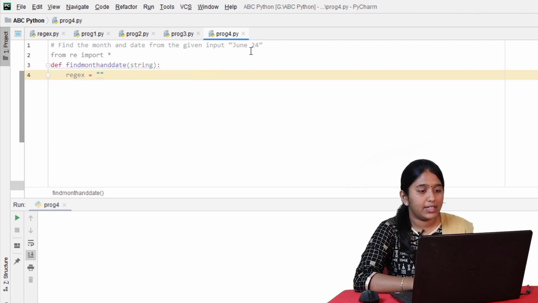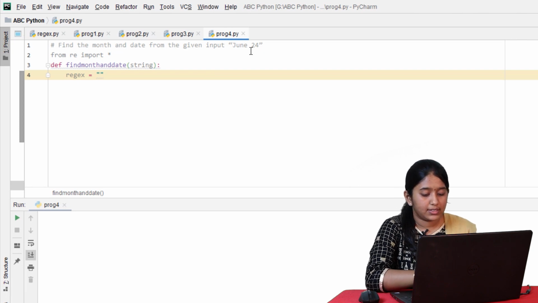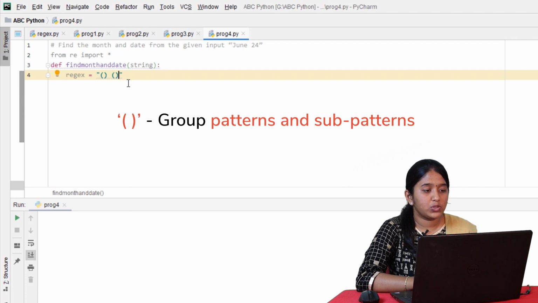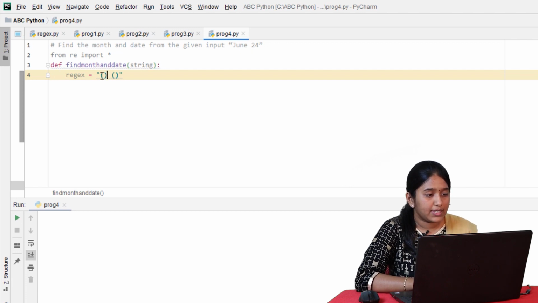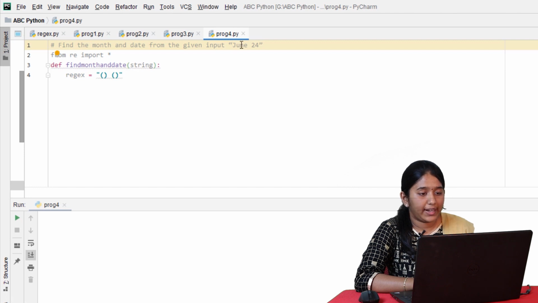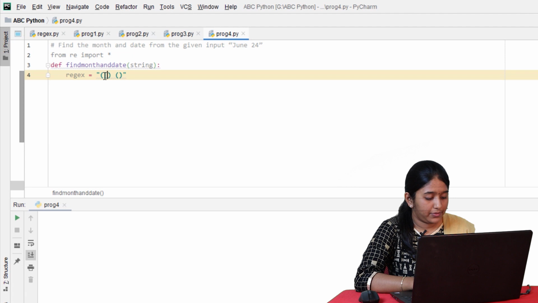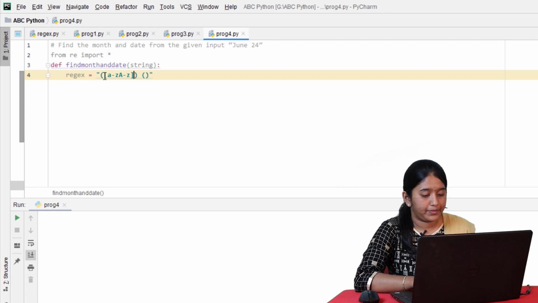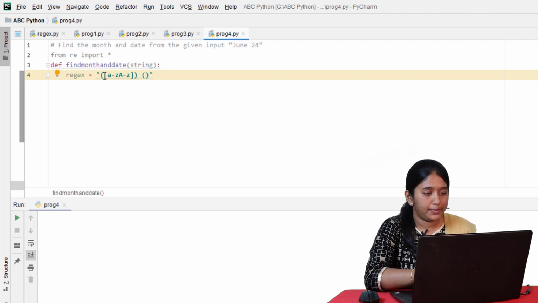So in the given string, there are 2 words. So these 2 words can be mentioned by groups. So curly braces can be used to group patterns. So inside the first pattern, in the first word, there is a capital J followed by U and E. So let's give small a to z and capital A to Z, followed by a plus.